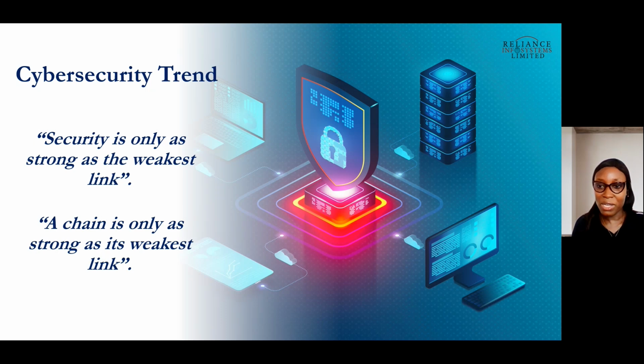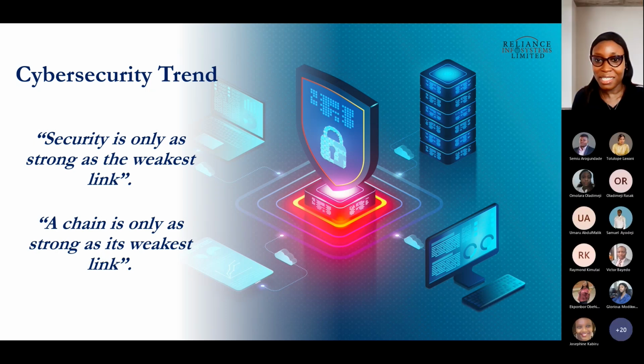So you want to agree with me as well that a chain is only as strong as its weakest link, which is saying that even when those technologies are being introduced to the businesses and the users also get to adopt those technologies, how well are they enlightened? How well are they aware of what happens and what goes wrong if they mistakenly use those particular technologies in a way that doesn't seem so right, or maybe they're careless with the use of it?